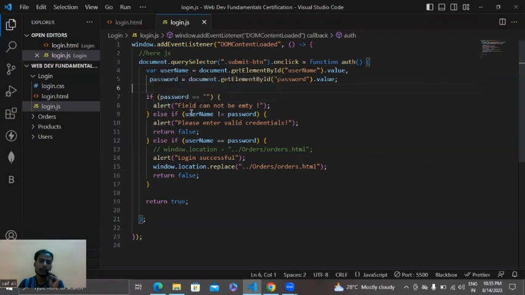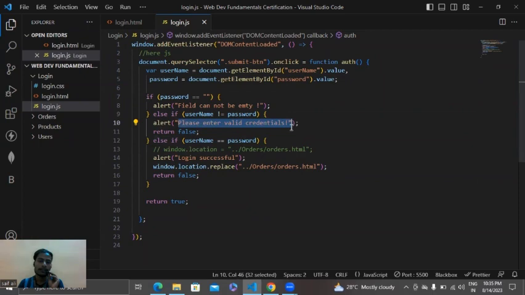If it is matching or giving true, it will redirect me to the order listing page. If it is not matching the credentials, I have given an else condition. So it will alert a pop-up message,